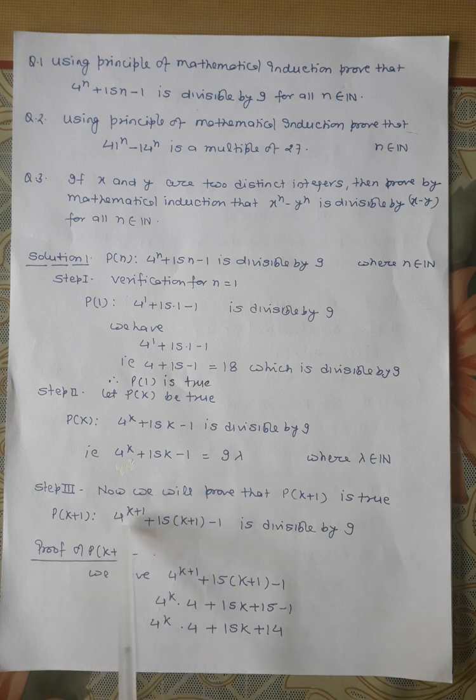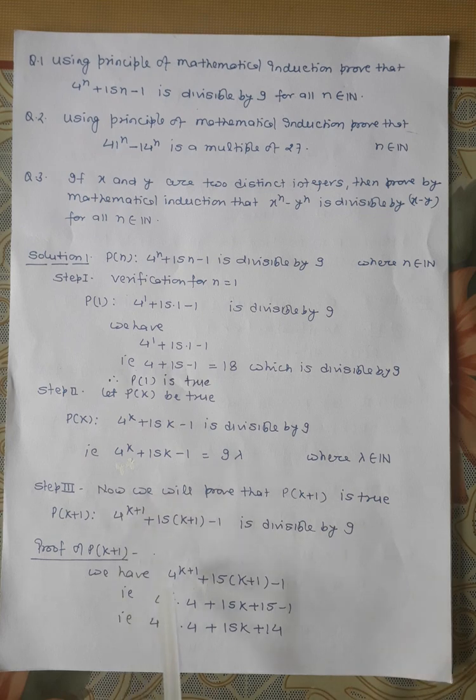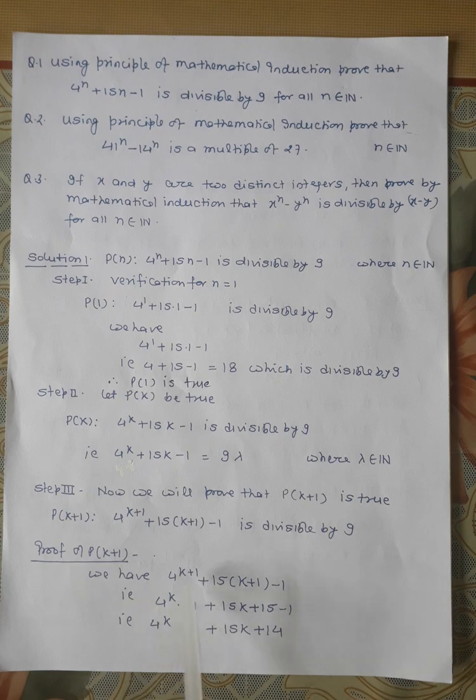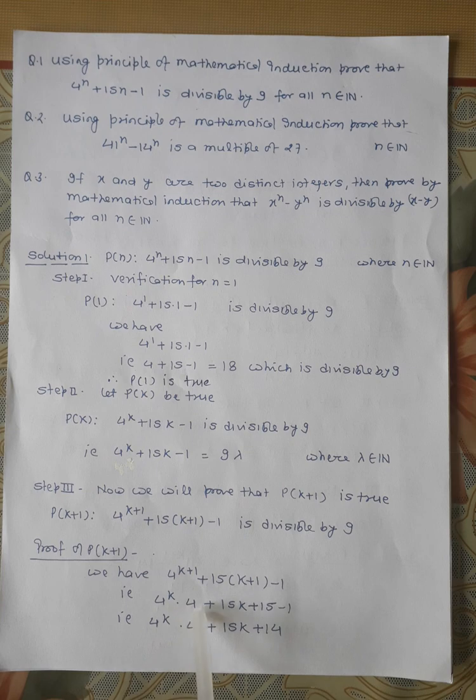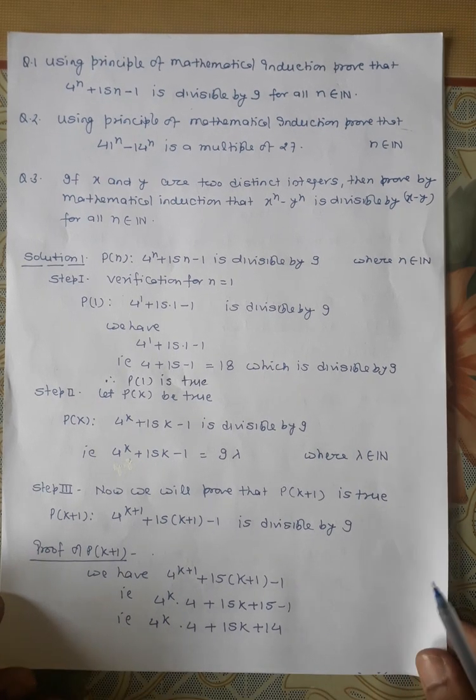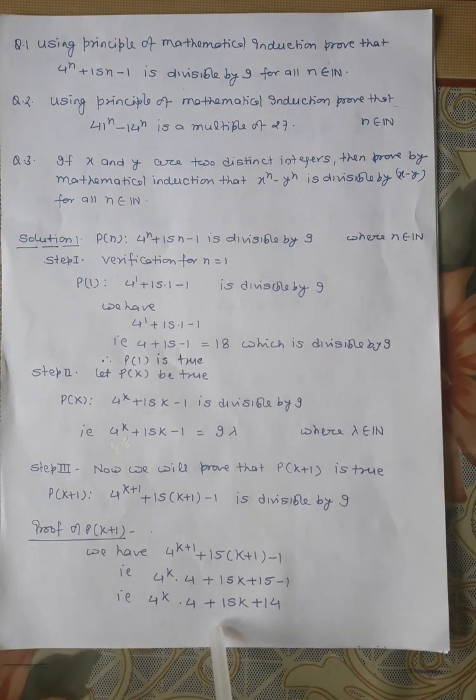So we take this only, 4 to the power k plus 1 plus 15 into k plus 1 minus 1. We will start in this way. We note down this, 4 to the power k plus 1 plus 15 into k plus 1 minus 1. So 4 to the power k plus 1 can be written in the form of 4 to the power k into 4, because powers will be added if the base is the same, and multiply 15 inside the bracket, so it will be 15k plus 15 minus 1. After simplification we will have 4 to the power k into 4 plus 15k